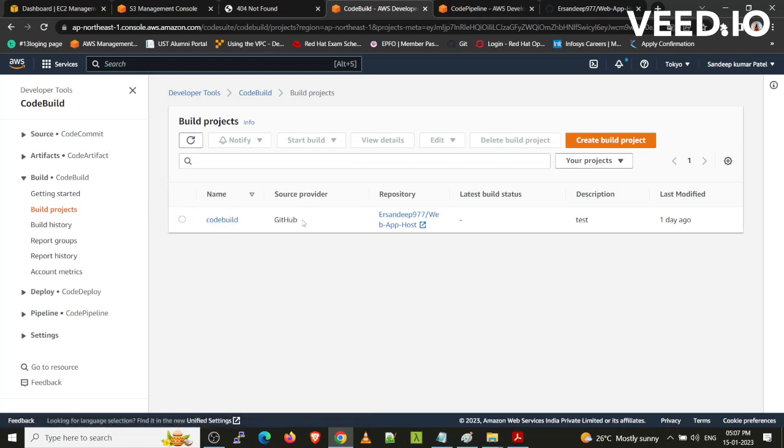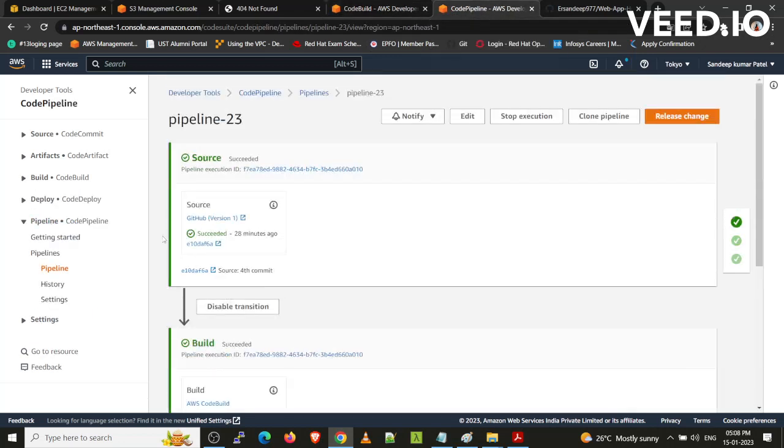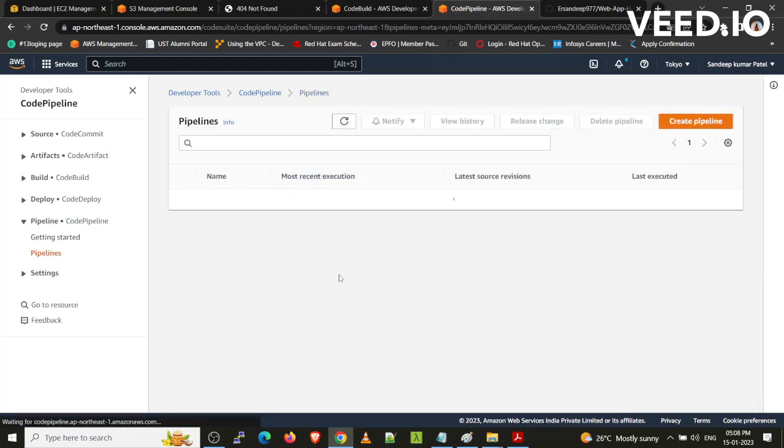Inside, we are taking action from GitHub, and this is my GitHub repository, and other things are going to be started. I have created this task also. For all the CI/CD part, I have created S3. It means I have created a pipeline. So here is my pipeline, and pipeline 2 3 is my pipeline name.